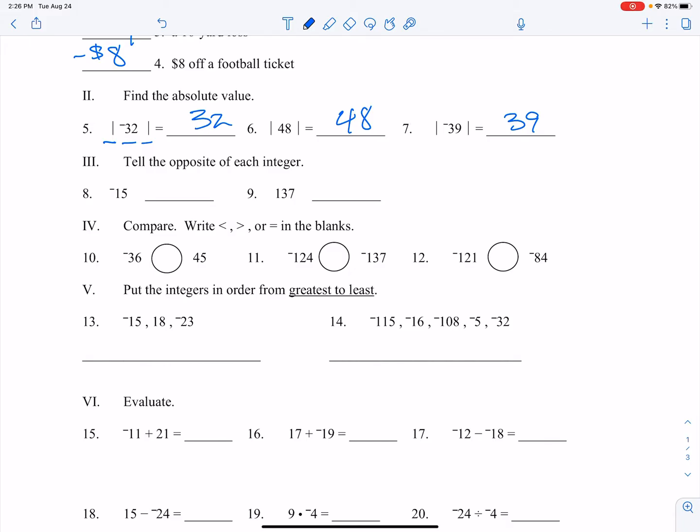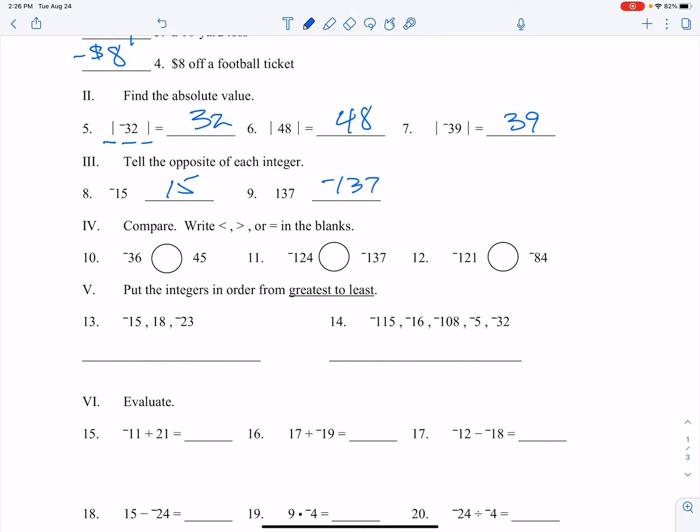Roman numeral 3, tell the opposite of each integer. Number 8, negative 15. What's its opposite? Positive 15. Number 9, what's the opposite of 137? Negative 137. Roman numeral 4, compare, write less than, greater than, or equal to in the blanks or in those